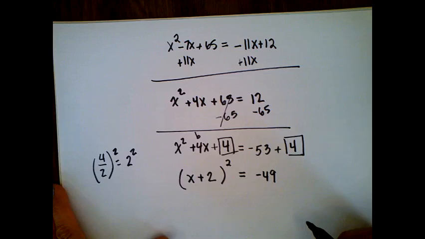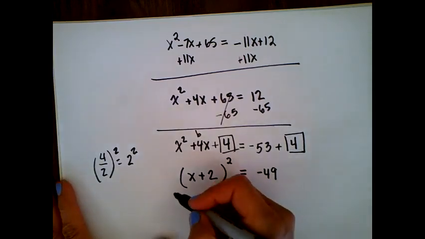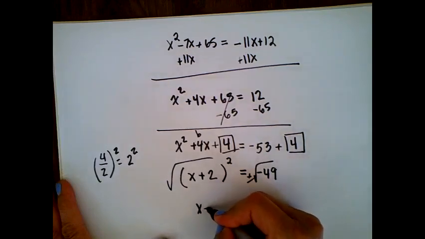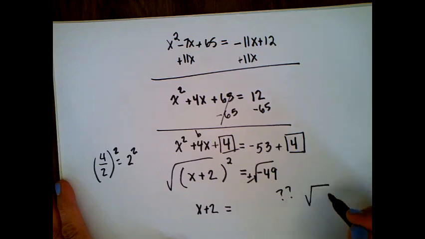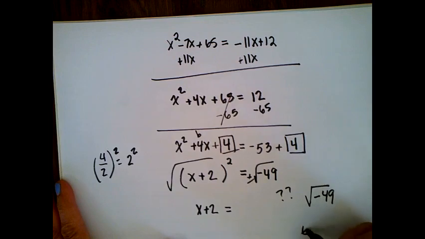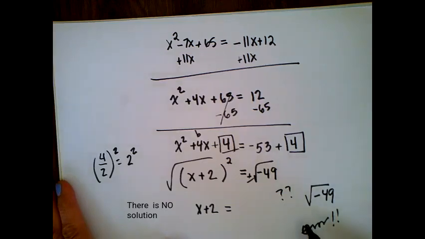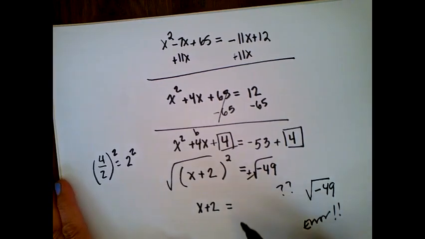Uh-oh, we see a little problem. If I try to take the square root here, let's just try it. Plus or minus, x plus 2 equals, oh no. Go ahead and try to type into your calculator the square root of negative 49. You should get an error. There's no such thing as the square root of a negative. So this is telling us that there is no